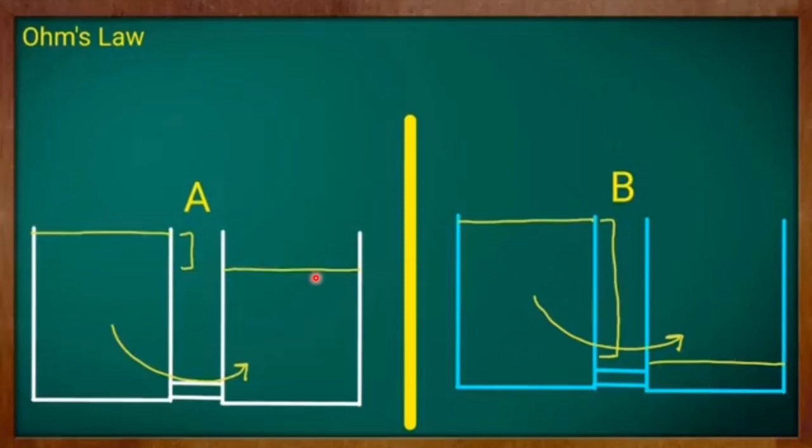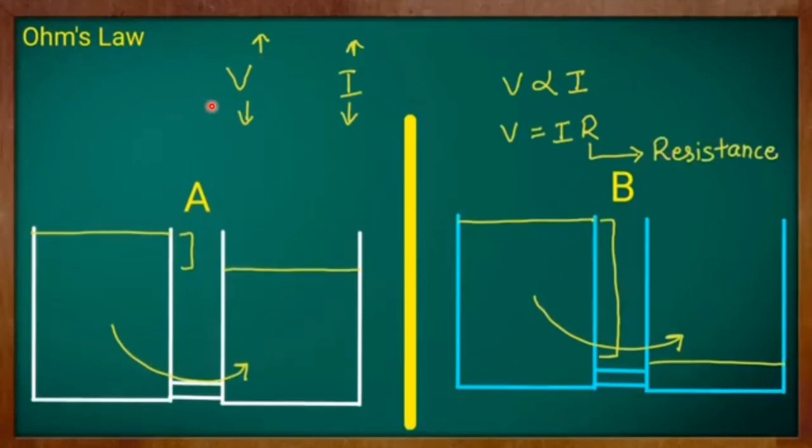Whereas since the difference is lesser, the speed of water moving from the first container to the second container is slow. Therefore, as the difference is more, the speed of water flowing is also more. If the difference is lesser, then the speed of water flow from the first container to the second container is also lesser. Then, likewise, if I take the